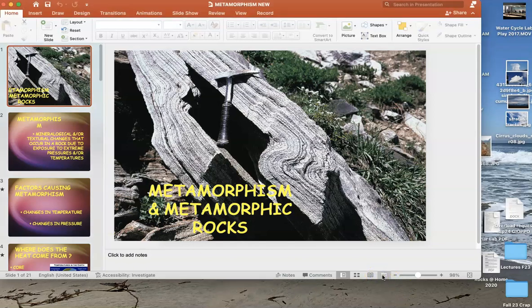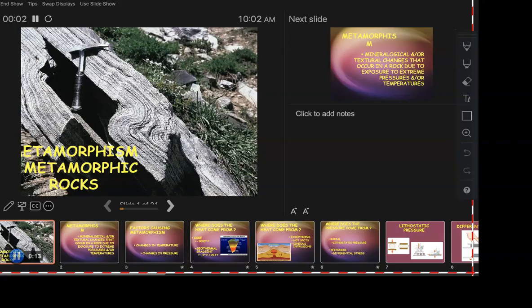Alrighty, folks, so we finished sedimentary rocks, at least this semester, fall of 23. And before we go on to weathering and erosion, we're going to take a quick sidestep into the world of metamorphism. I don't talk about metamorphic rocks a whole heck of a lot. I don't want to say that I don't like them, but they don't do a whole lot for me. There's a handful of pretty cool looking ones.